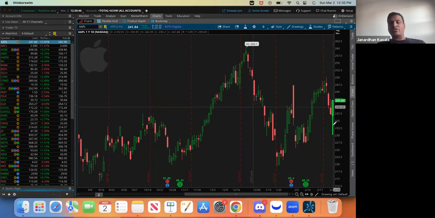bulls and bears, who is in control? Bears tried to pull this back, and bulls took control by the end of the day. So again, is it real or is it fake? How is it going to perform tomorrow? It all depends on the next candles. We'll come back to that. But at least this candle is telling us it's a bullish candle,